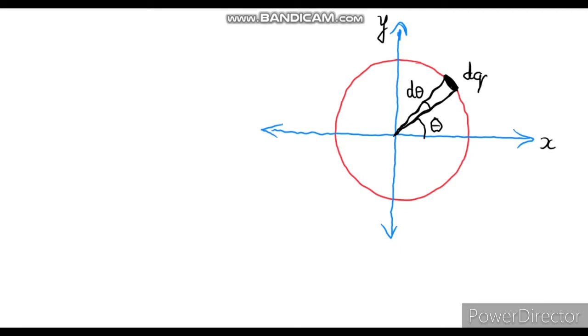So we have redrawn the conditions given in the problem, and I have taken a differential element of angle d theta at an angle theta which has a charge dq as shown. You can see this charge dq is present on the periphery of the ring, and this is our differential element. Let us first find the value of this charge. We can say that this dq will be equal to lambda r d theta.